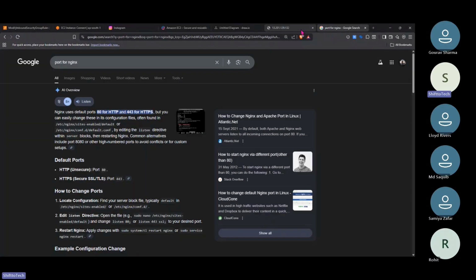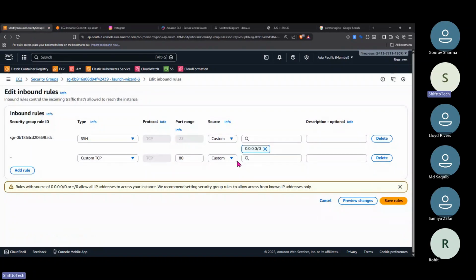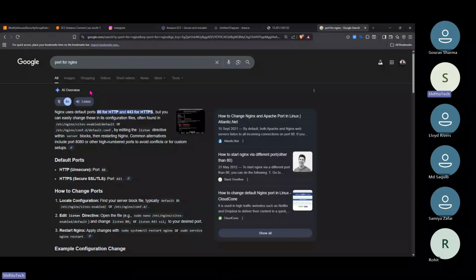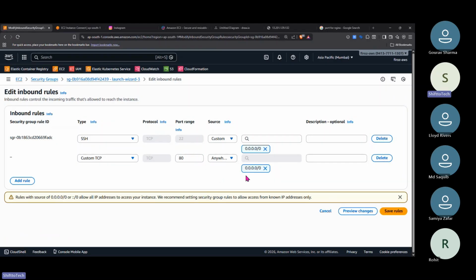So ports are like doors of your house. You are opening this. Now we are telling that hey, this is my door actually. I have to open this door 80, right? If I Googled Nginx and it says it is 90, then I have to open the door of 90. It's like a password. Now you are entering 80, IPv4, right? Let's save this rule. Okay.